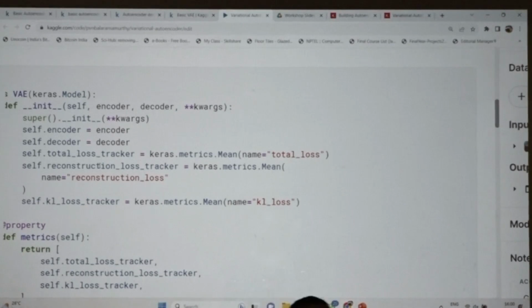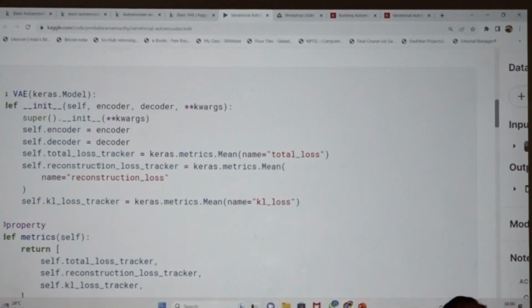The loss function we can define in two ways. One is we can define a class for the loss function and define all the functions. That is one way. Another way is inside the model, there is a function called train step.